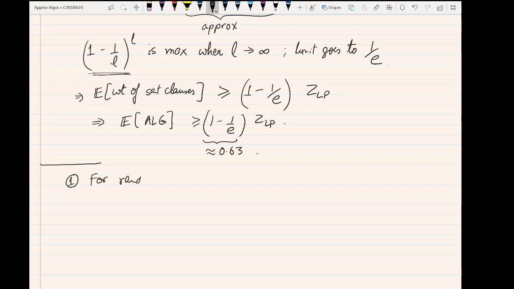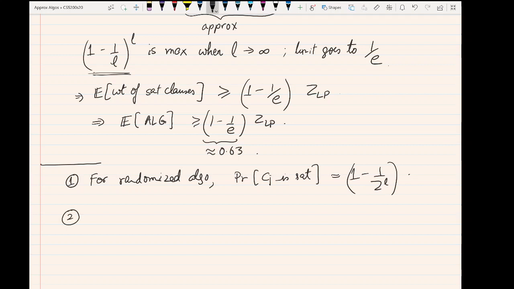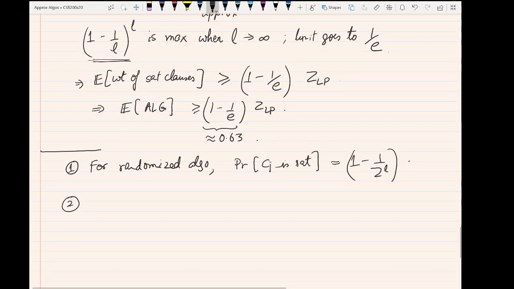For the randomized algorithm, the probability that a clause is satisfied increases with the length of the clause, right? Whereas for our particular algorithm over here, based on the rounding of the linear program,